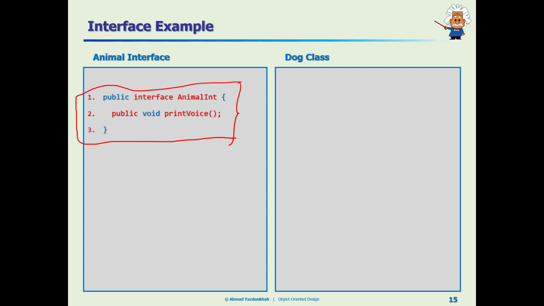So first we create the interface like this, and we put the desired methods and all of the members that should be visible to the users of the class here, right? And then what would happen